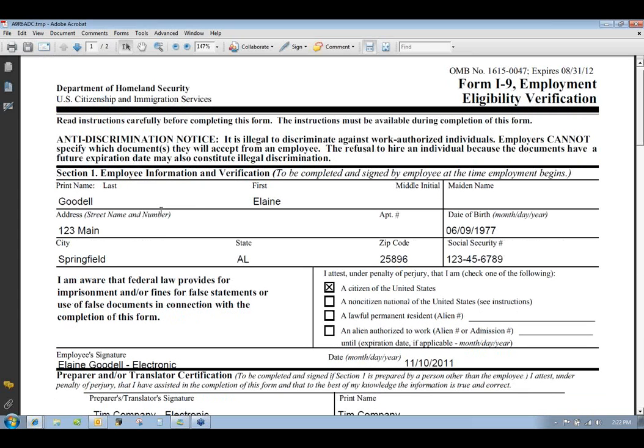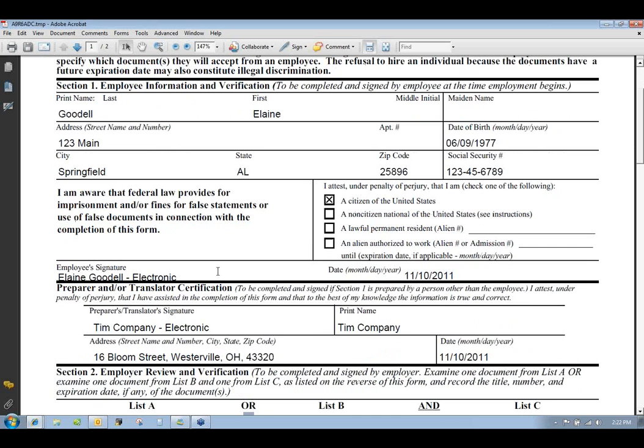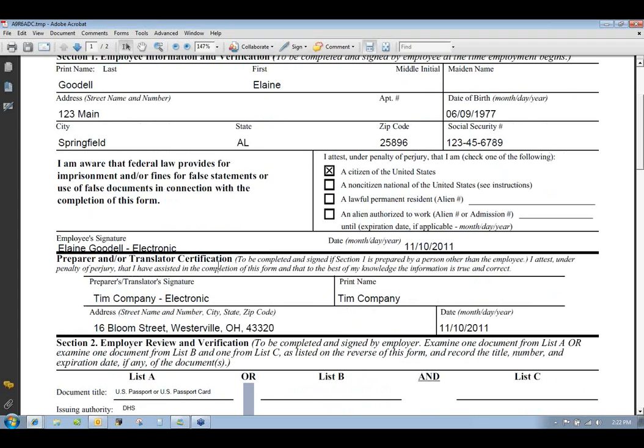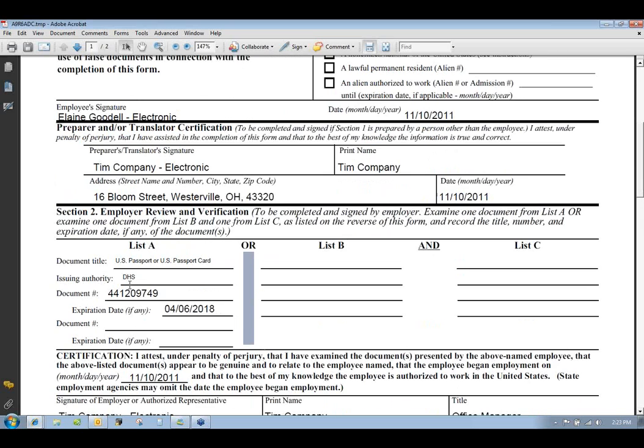Because now we're able to see the full Social Security number. We're able to see Elaine's address. So we want to track who has looked at this information. But here's the I-9 form we just completed, including the electronic signatures that we just completed, the documentation,